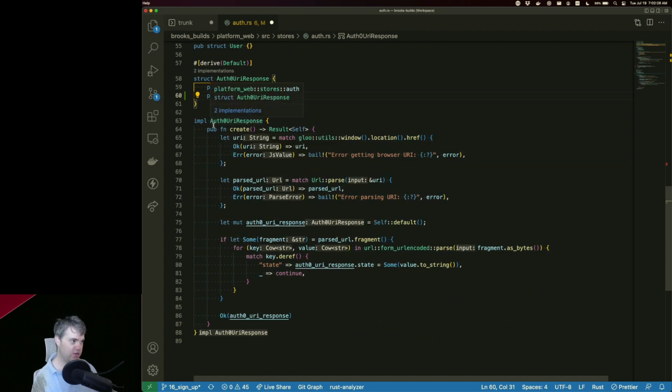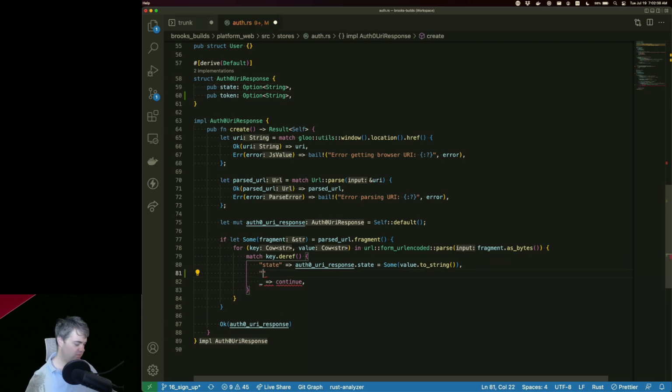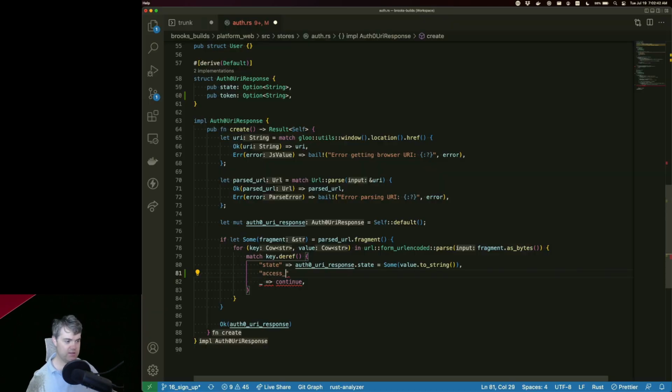And let's see, okay, so we parse the URL. If it's state, then I want this specifically access underscore token.